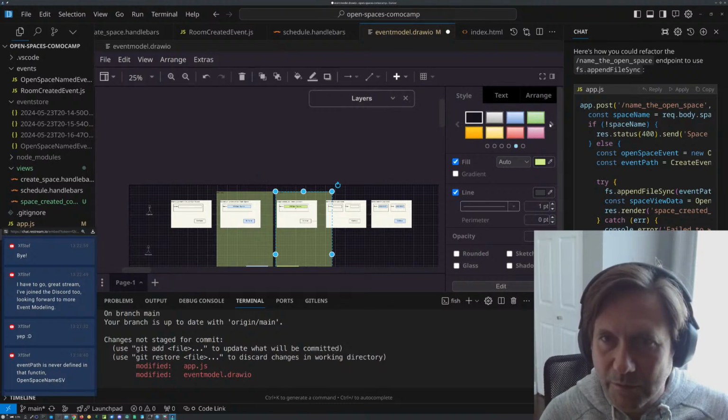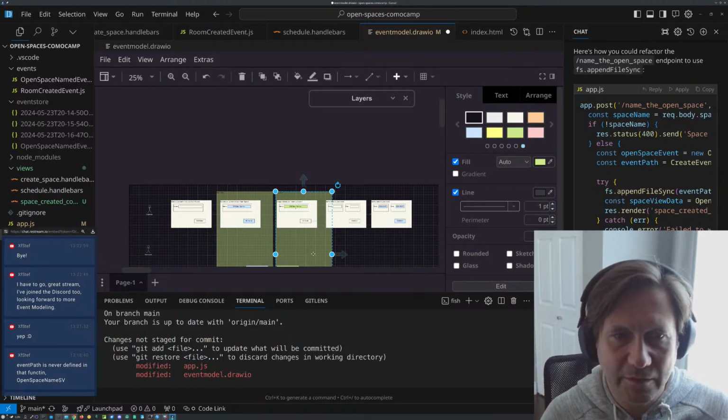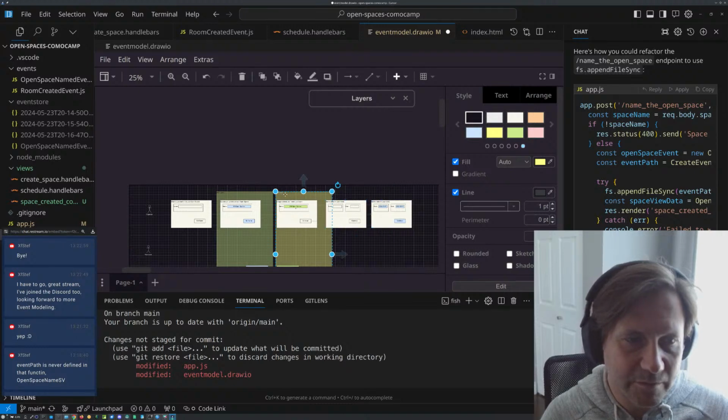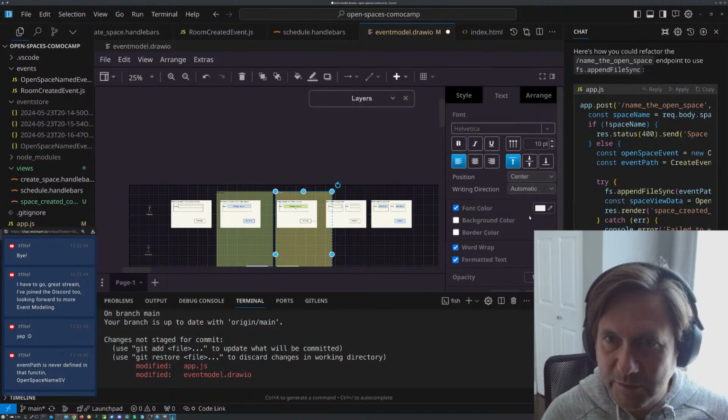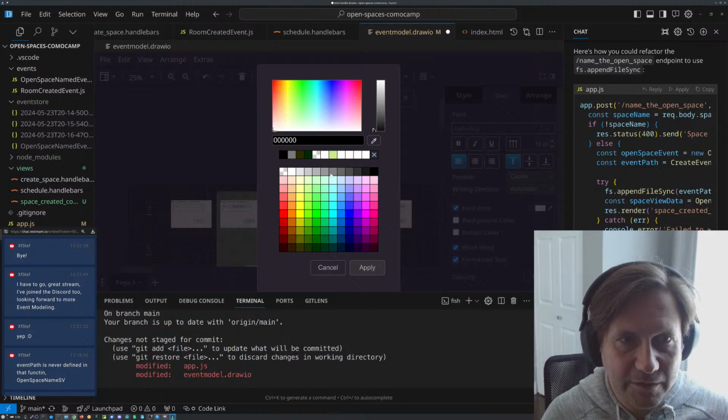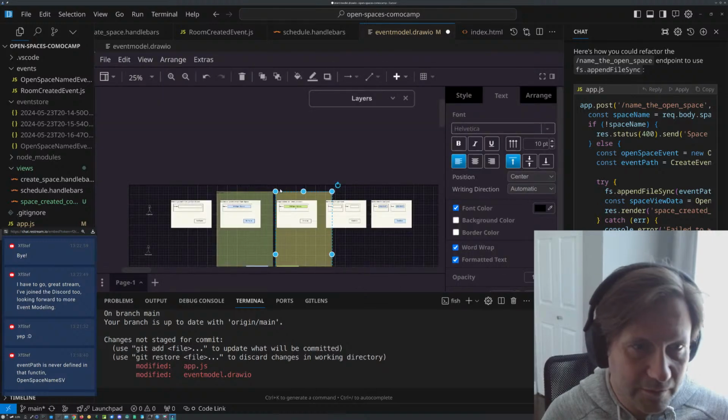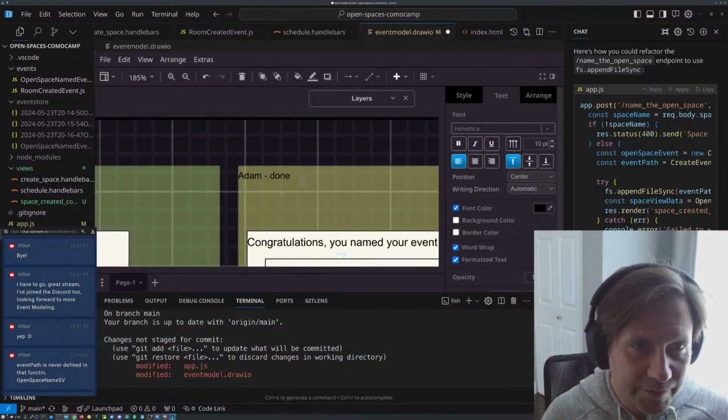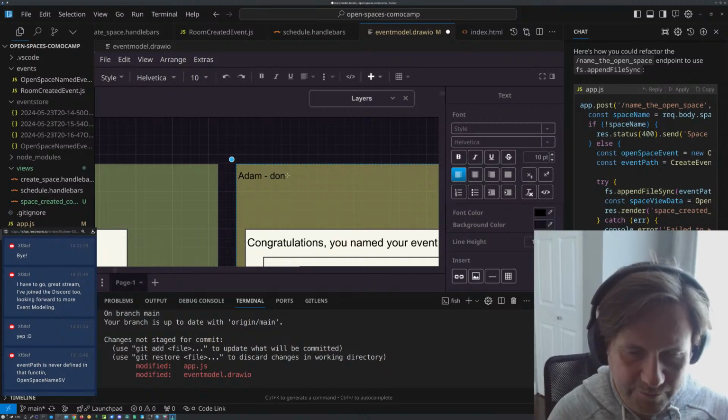So that's done. I think yellow should be doing, and for text we want black. I don't know why it keeps doing that. We'll zoom in here, and this will be in progress.